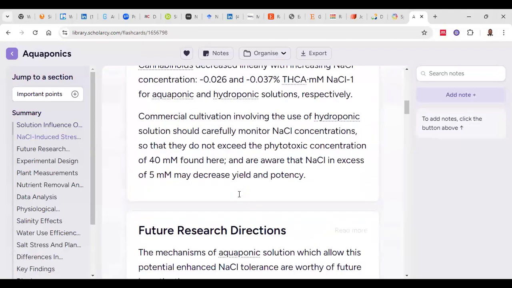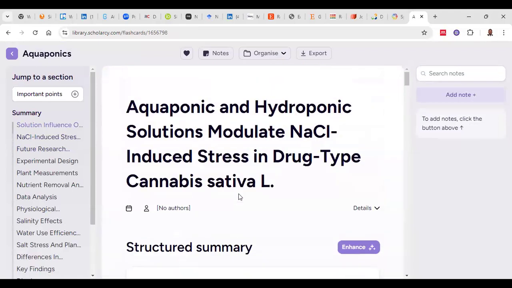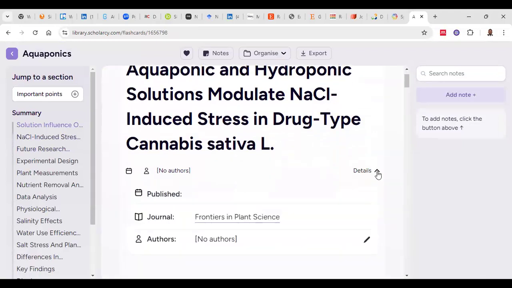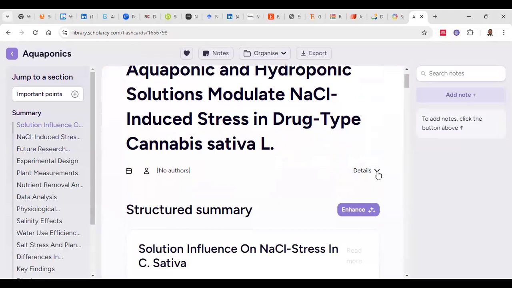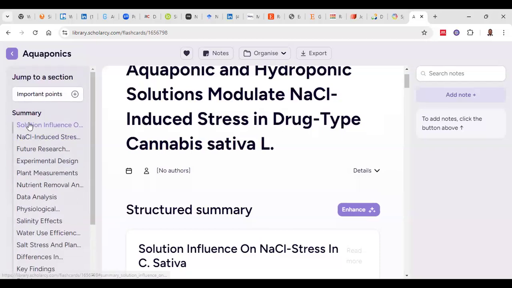Okay. Now, when you click on a paper, some details are hidden here. If you want them, you can always click to hide and reveal those details. But this is the summary. On the left are different sections of the summary that you can easily jump to. So let's say we only want to get